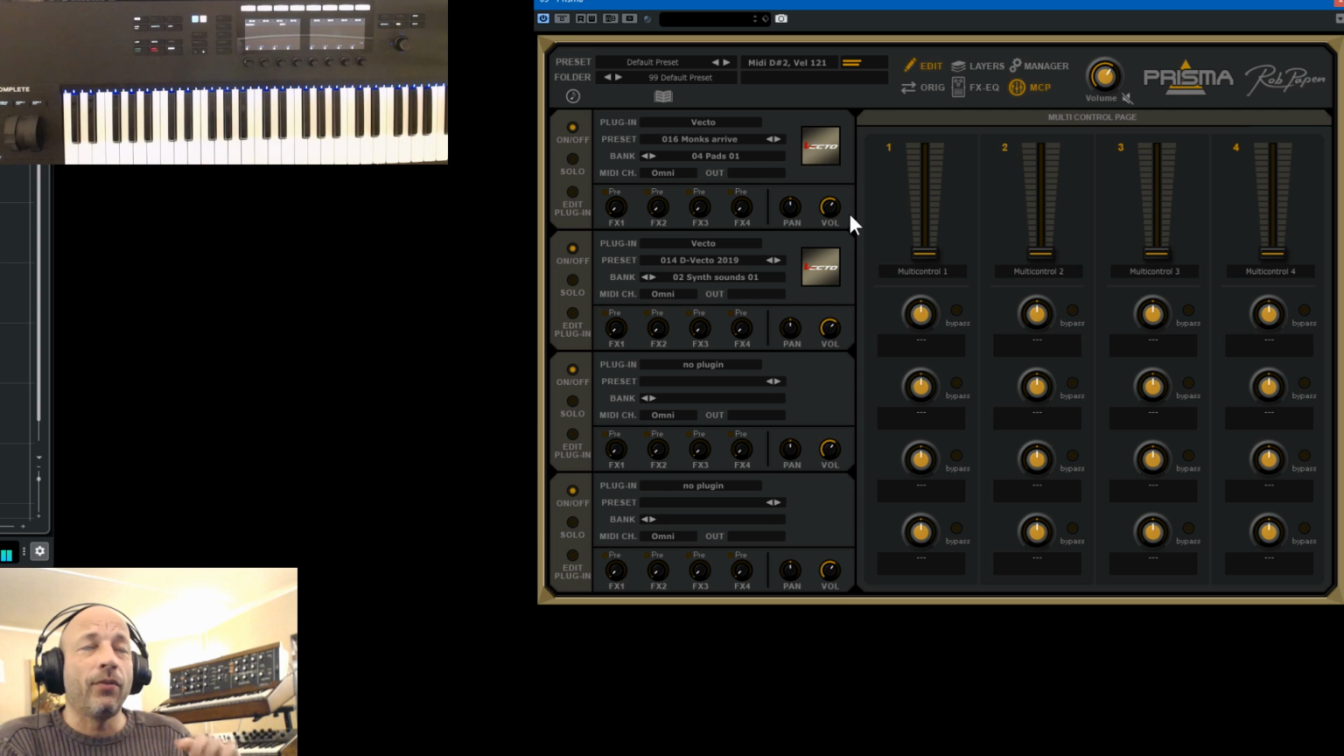Keep in mind that this is of course the same as if you would have 2 tracks with Vecto playing. So in terms of CPU usage, it's simply the same as having 2 instances. So in the meantime, I'm checking here the